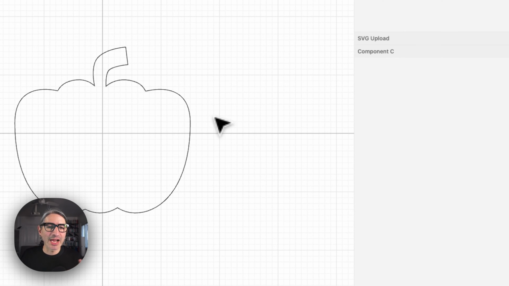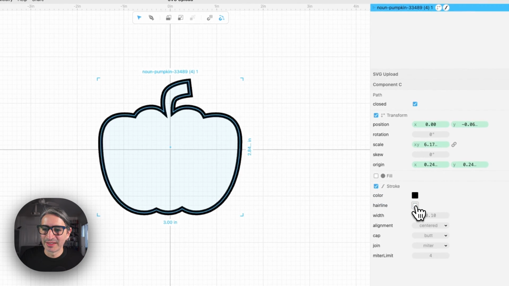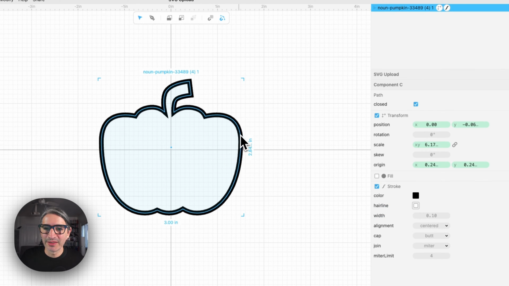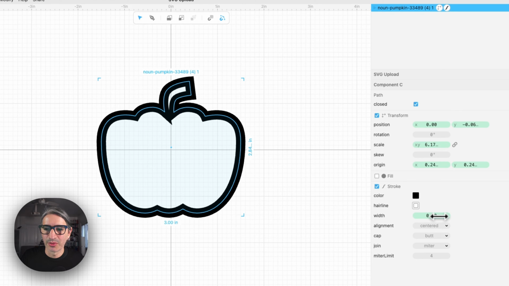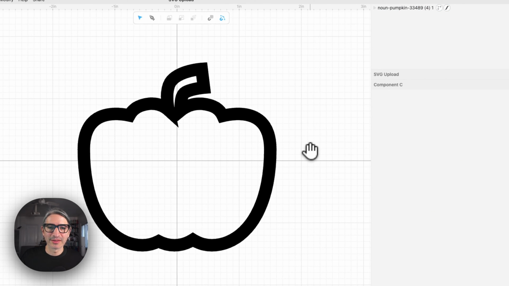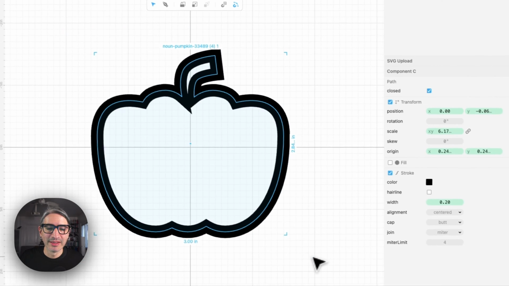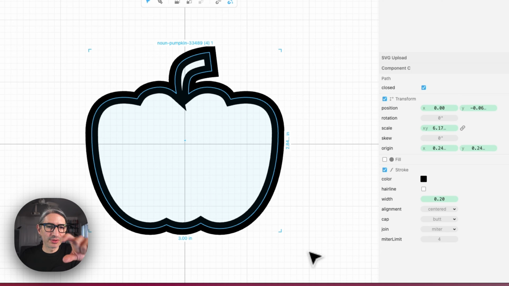But let's say now I want to just create a sort of outline cut where the stroke is thick and I cut the inside. So I'm going to change it from hairline. I'm going to uncheck that, and I'm going to give the stroke some width. So let's say I want 0.2 inches. And so I need to do something before I send it to the cutter here. So I need to select it, and I need to turn that stroke into a sort of solid